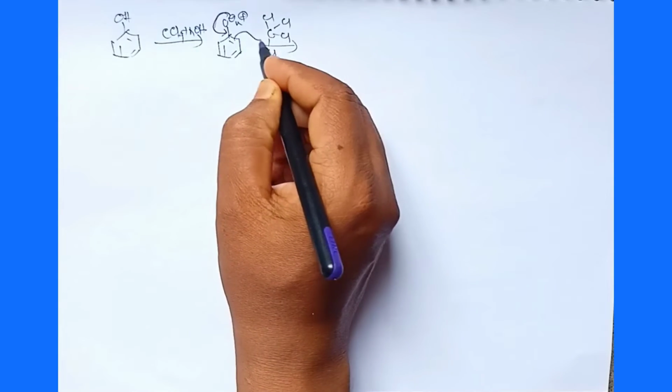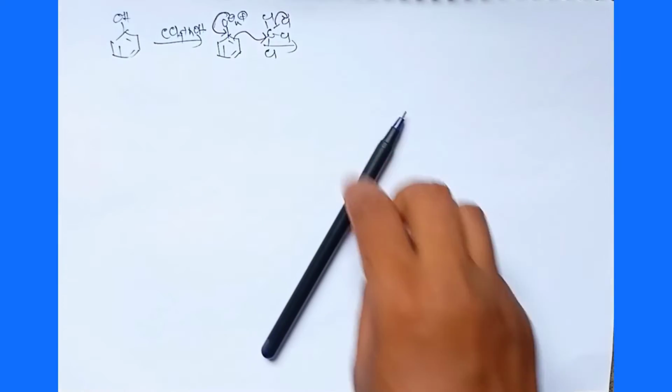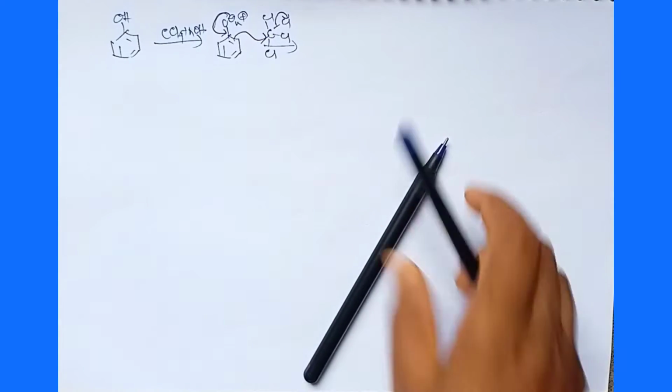So you see the resonating structure here. This will attack here and here. Cl is a good leaving group and departs. So the structure will be